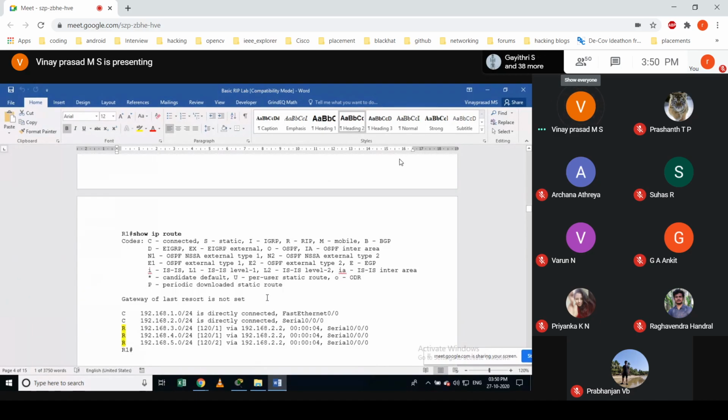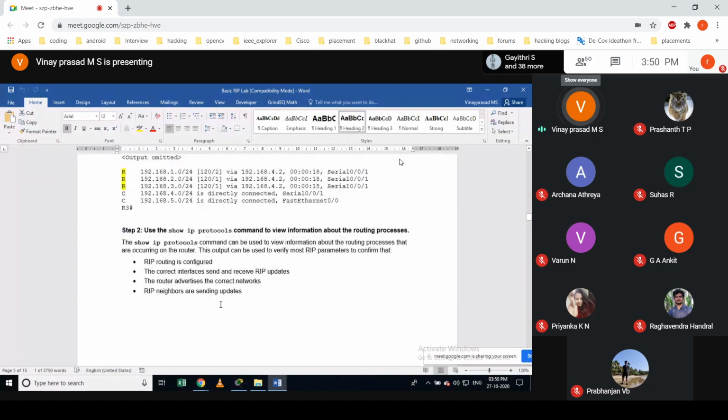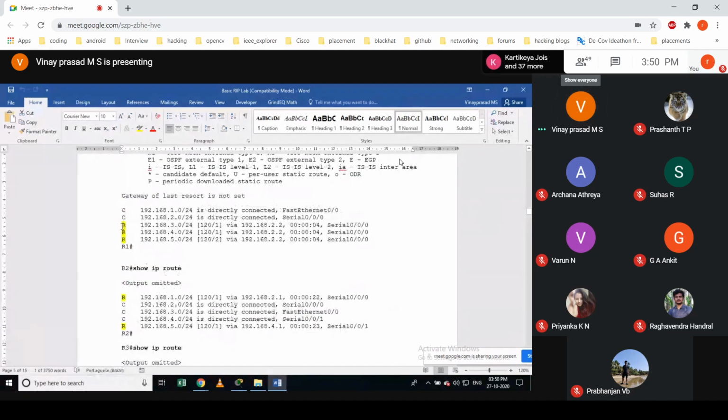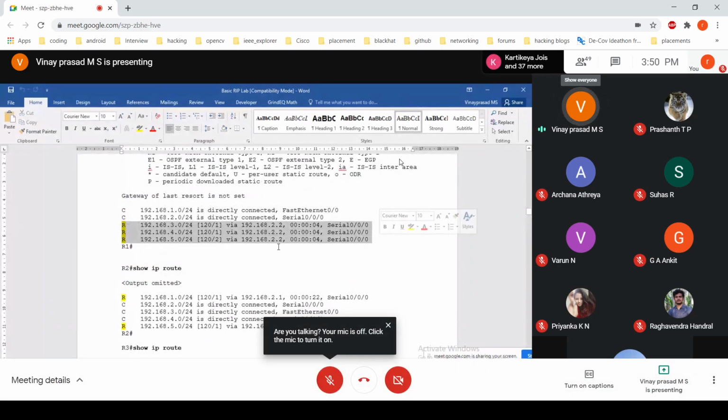Then we have OSPF, where you can extend to a very large number of hops. Even if you have a large network, we can still go for OSPF, but RIP will not be suitable. So how can you find how these routes are learned from RIP?